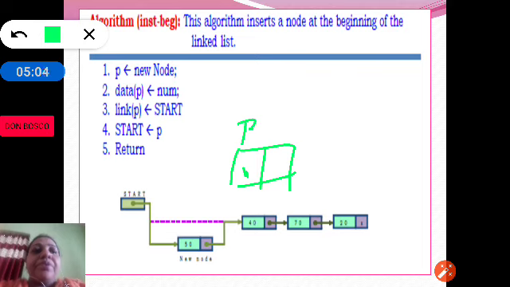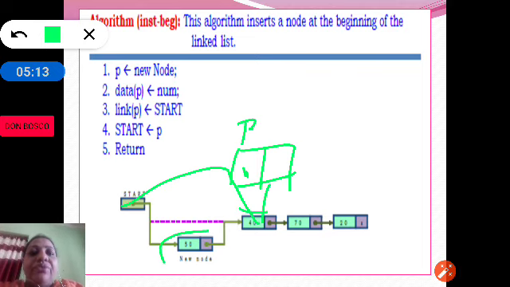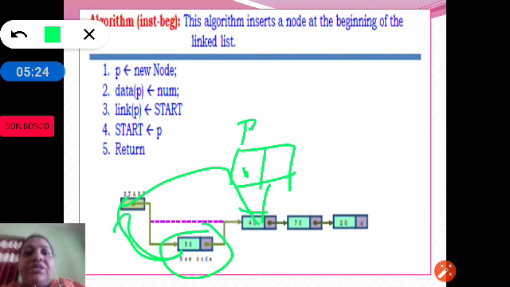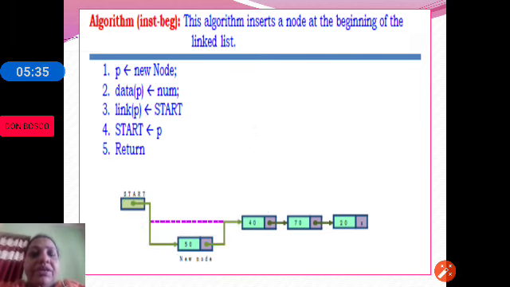As you can see here, first the start node was pointing to the node 40, then we created a new node 50. Now we will assign the new node to the start, and before adding the new node to the start, first we will make sure that 50 is followed by 40. So we make the new node's link point to the 40 node.